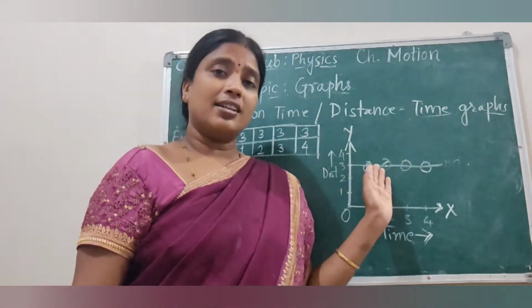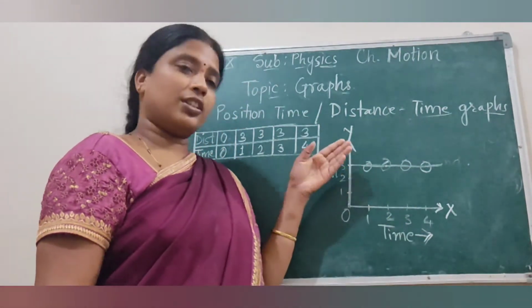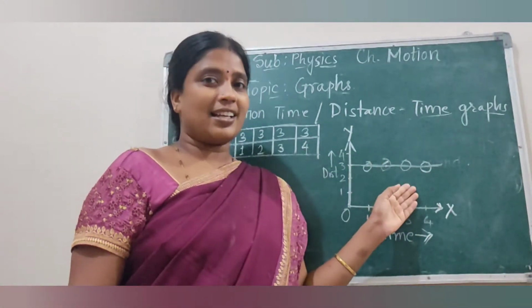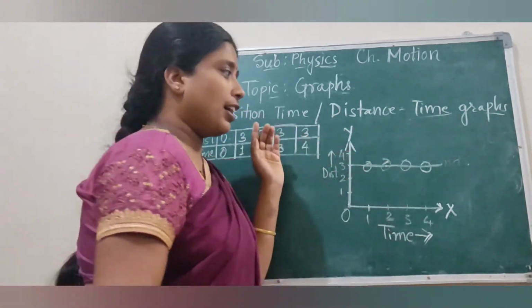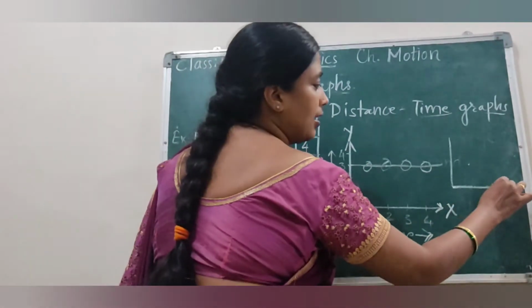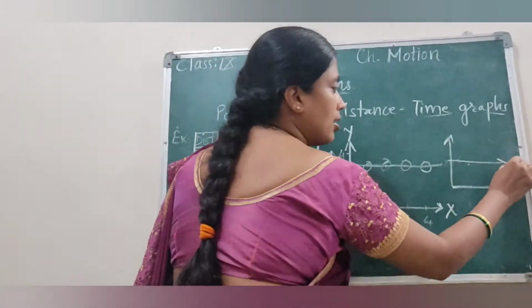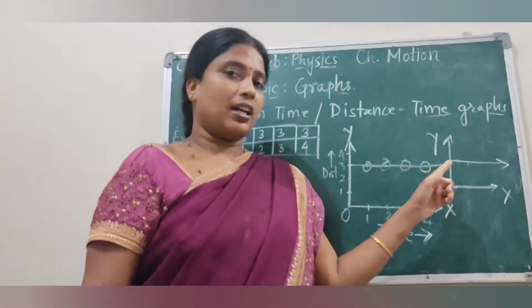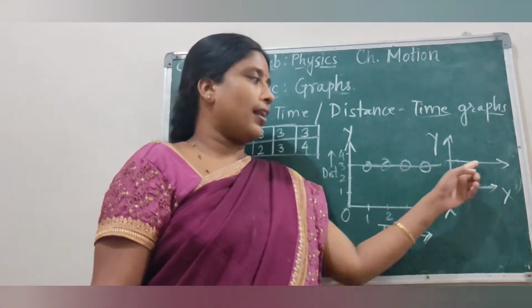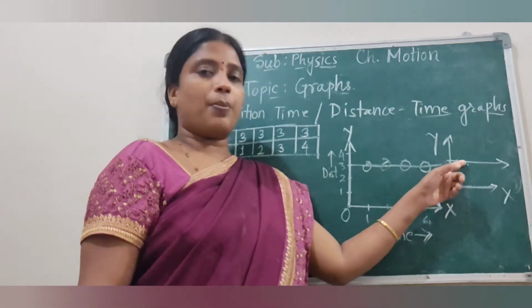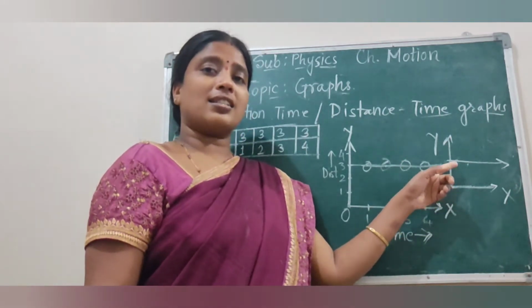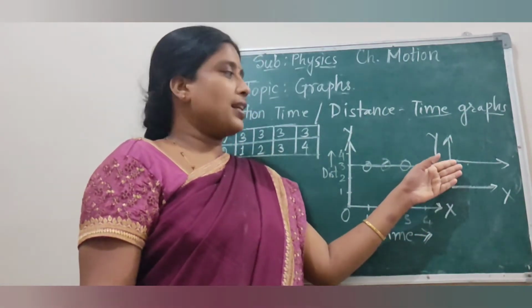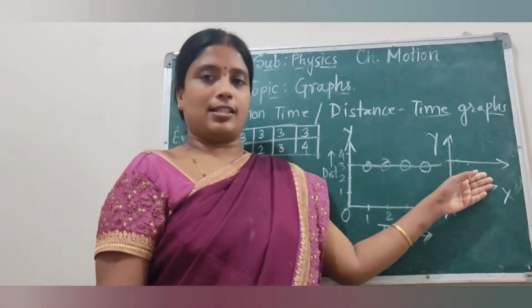It shows that the object is not moving, the object is not changing its position. So can we say that the object is at rest? So if we get a graph, a straight line parallel to x-axis, then if the graph is in such a way that it is parallel to x-axis, then such type of motion is known as no motion, that is the object is at rest. It represents the object at rest.